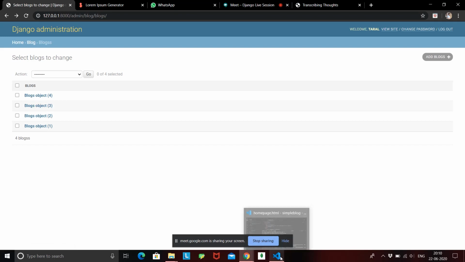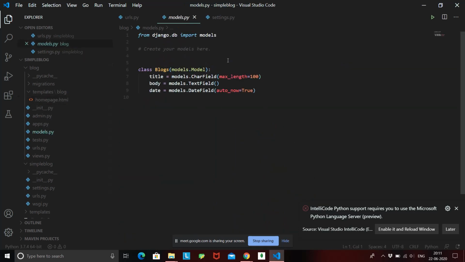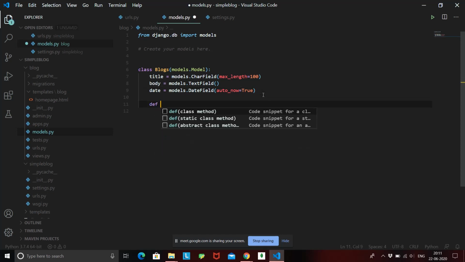For that, in our code editor we had the models.py file, right? This is the model that we created. Once this model is created, we need to return its title. And how can we return the title? We can create a function.